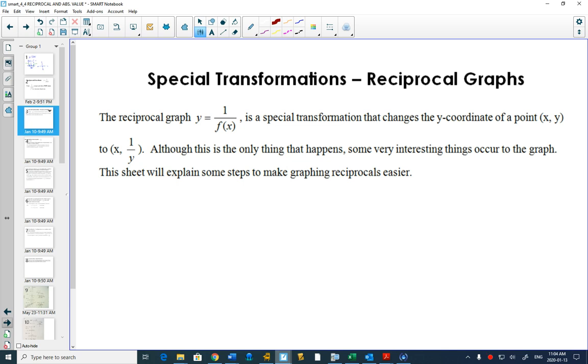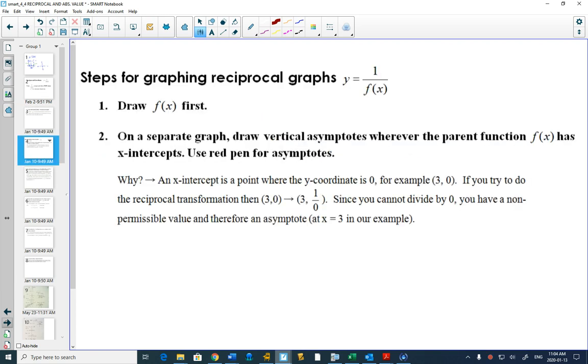But the weird thing about reciprocal graphs is that when you draw them, they end up looking quite different. So we're going to look at some special things that happen. Just like when you're doing the square root of a graph, you would want to graph the bottom function first. What does f of x look like? Okay? Now, an important thing that happens is, let's say